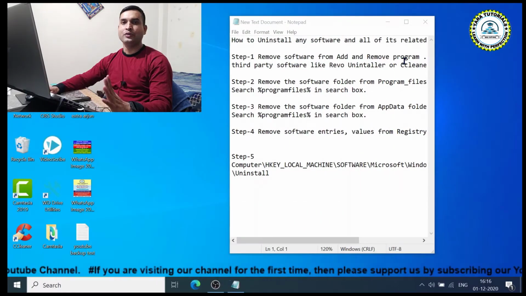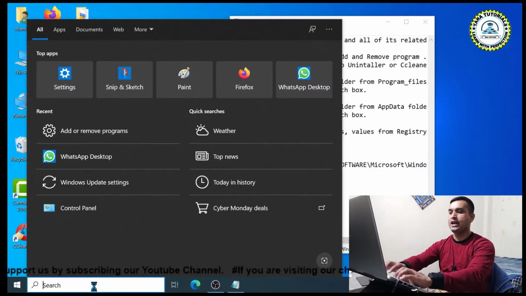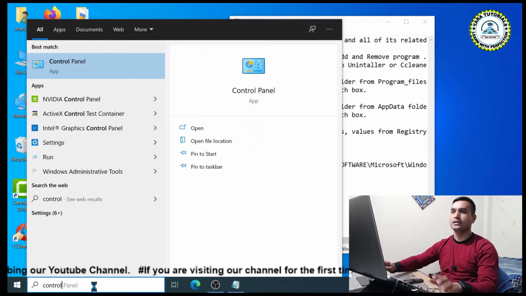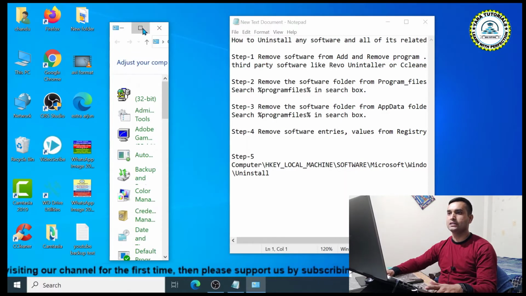Step 1. Remove software from add and remove programs. In Windows 10, you will get the program and features option in the control panel. So you have to go to control panel. Type control in the search box. You will see control panel here. Click on this.